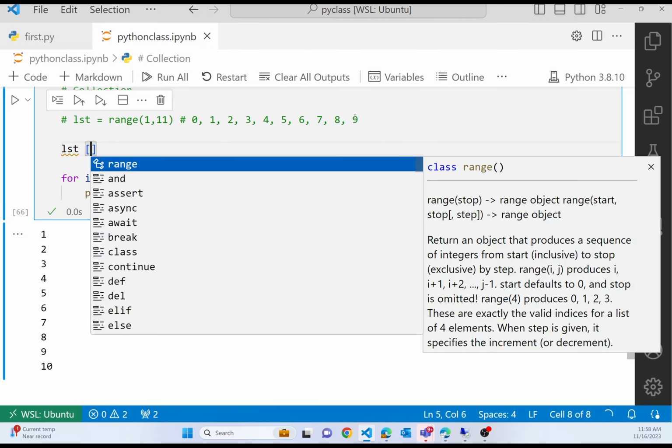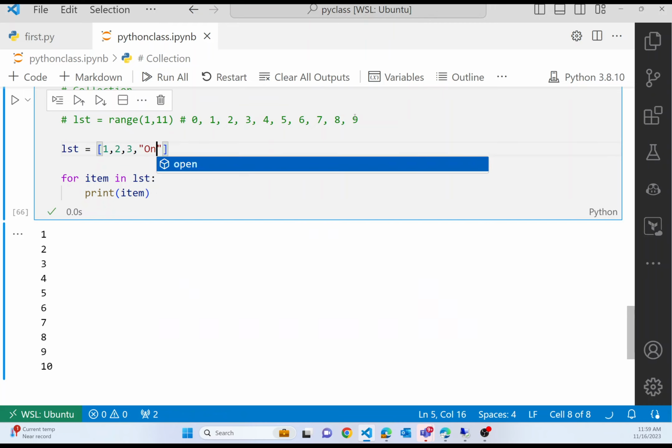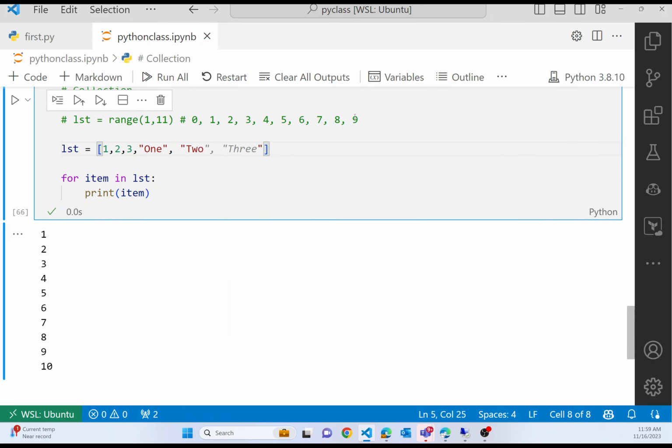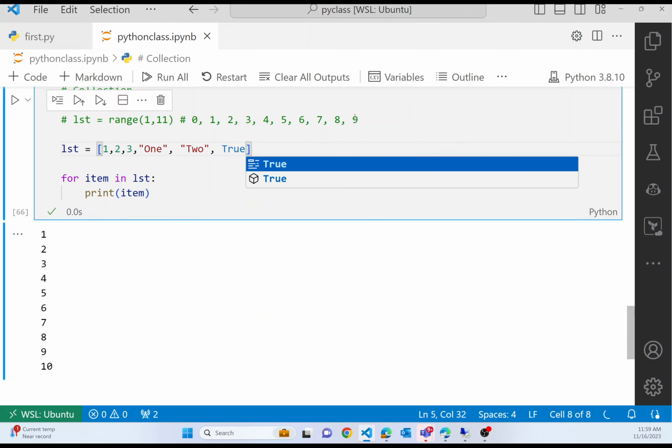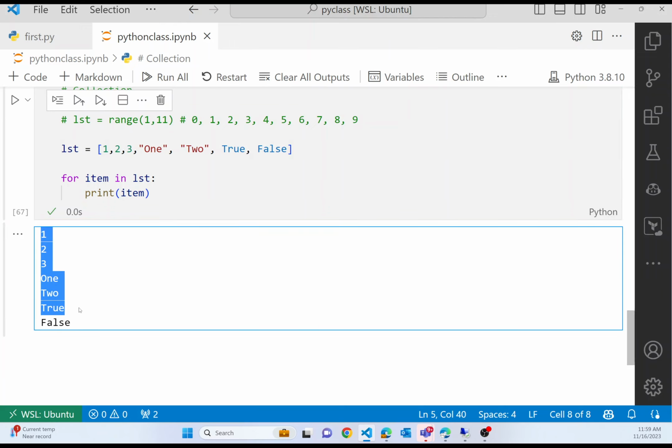I can mix and match things. So I can say that I want to have 1, 2, 3, and then I can say 1, something like that. Let's see if it works. So it shows all the elements. So any kind of data type can be clubbed together in a single list, basically, because it's like a collection of